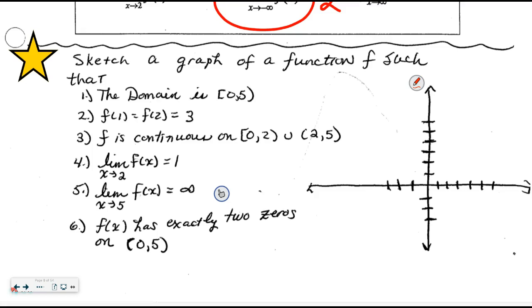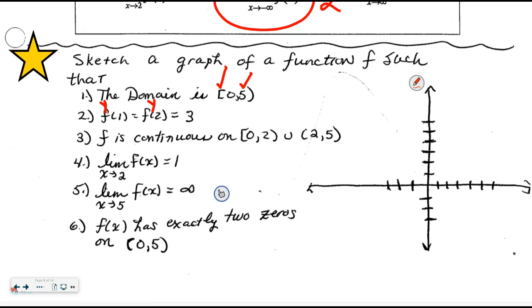Notice something like this could not be photomapped, right? What a great test question that would be, right? So first of all, let's talk about our domain. I have to have a solid dot at 0 something. I need to have either an open dot or an asymptote at 5, so we don't leave the domain of the function. The y value when x is 1 is equal to the same y value when x is 2,